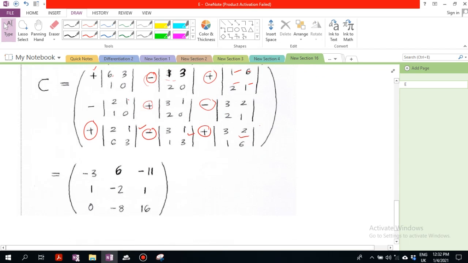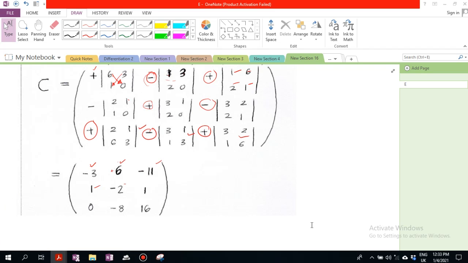Okay, so 6 times 0, this one times this one is 0, minus 3 times 1 is negative 3, so you will get negative 3. So 1 times 0 is 0, minus 3 times 2 is 6. Okay, because of this minus, so it becomes positive here. Okay, then you will get positive 1 minus 1 times 1 becomes 1 minus 12, so we get negative 11. So you calculate everything, so you get the adjoint matrix. Okay,